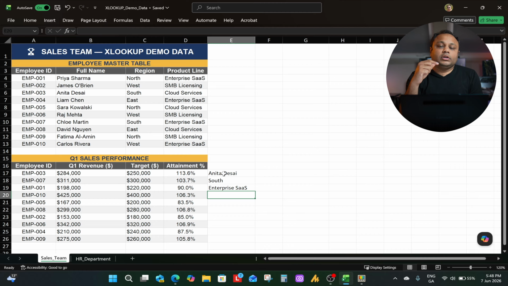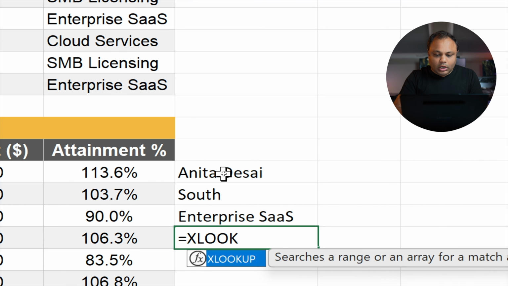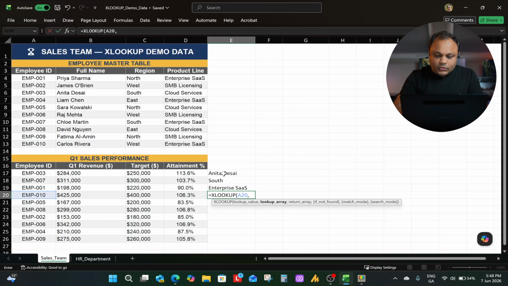Now we've called all this information separately, but what if I want all the three in one single attempt or in one formula? What I will do here is I'll say equals XLOOKUP, open bracket, A20, comma, dollar A4 colon dollar A13, and then this time I'd say dollar